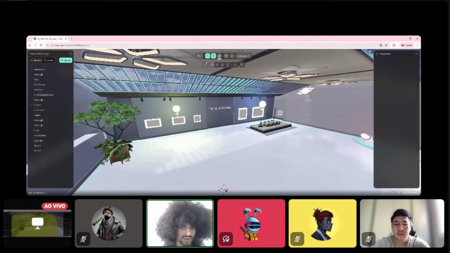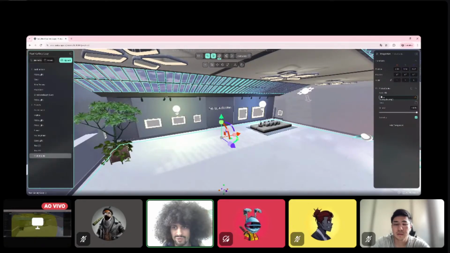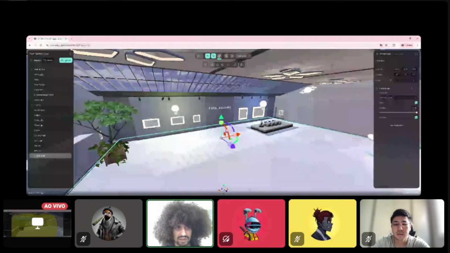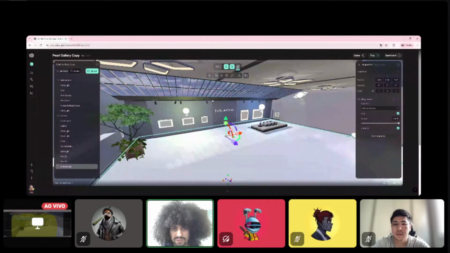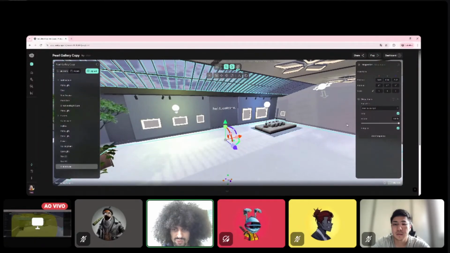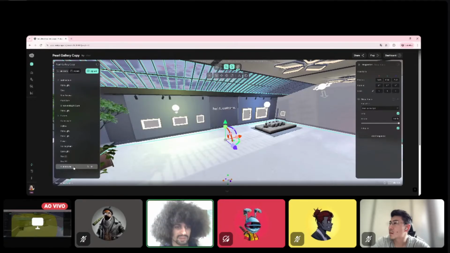The global audio is different. The global audio is basically an audio that is going to play the same for everyone. So if I play it in here, it's set up to autoplay and loop. If I jump in the scene right now, it's actually going to start playing these bass pulls, and it's going to play just like any other audio file on YouTube or Spotify, whatever. It's just going to start playing normally in stereo as it should be.